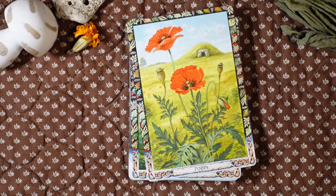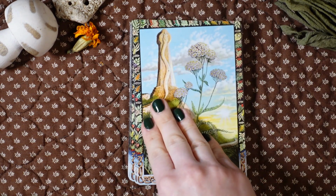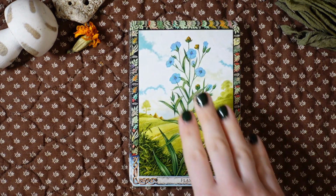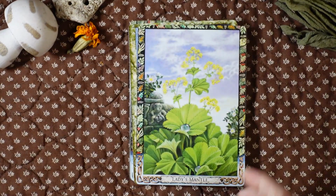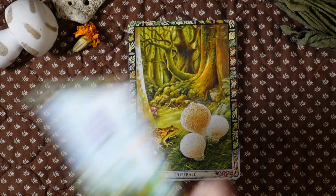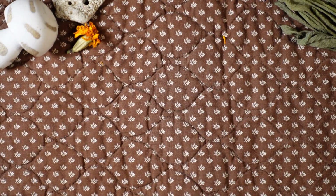And I just love it so much. I love the plants in it. I love the guidebook. It has that, of course, Druid feel. It feels very green witch, herbalist. I love it for that. It feels so magical. Anything with Will Worthington's art, just instantly, the Banes, like, come on. It's so good. It always feels so magical. This is such a favorite. So, that is the Druid Plant Oracle,